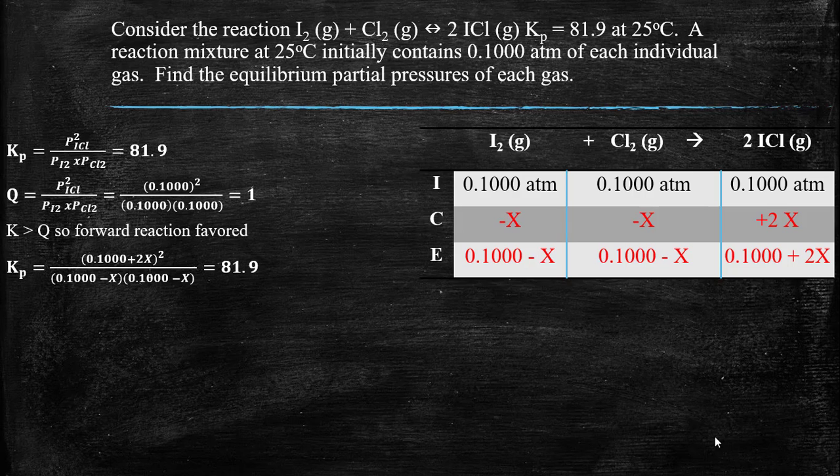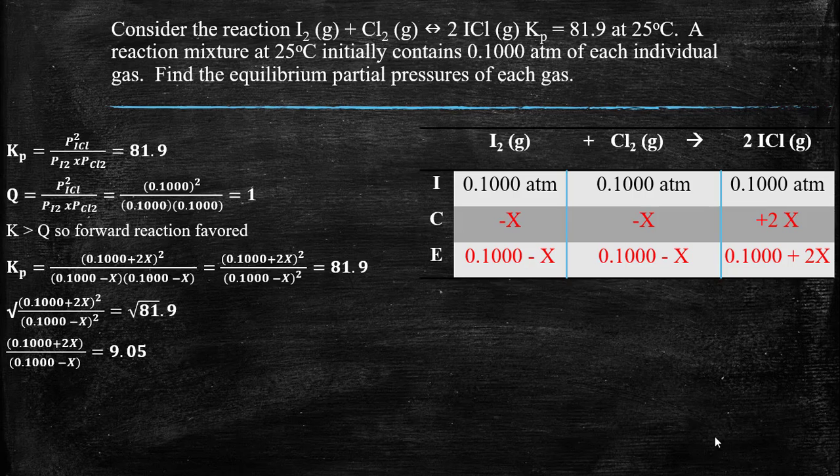So plug our equilibrium values into the K sub P equation and begin to solve. So the square root on the left is equal to the square root of 81.9. When you take the square root, you get these values. Rearrange to get this equation. Rearrange again to get 11.05x equals 0.805. So x must equal